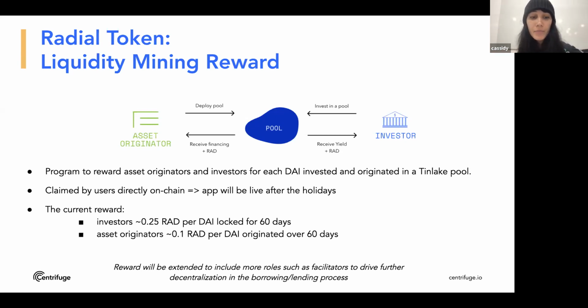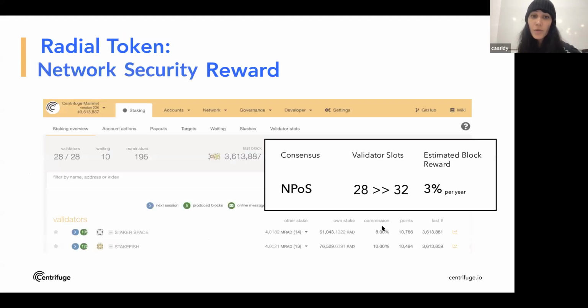This reward will also be extended to include more roles such as facilitators, and the real point here is to drive further decentralization in this borrowing and lending process. So that's what we're hoping to target with this liquidity mining reward, as well as just use of Tinlake as it is. So the next big